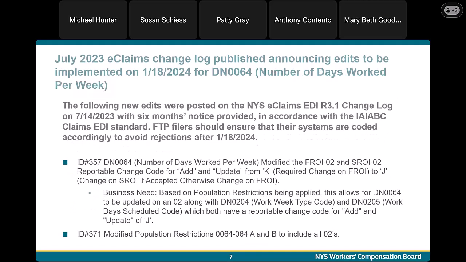Now, for the July 2023 eClaims changelog published announcing edits on January 18th of 2024 for DN0064, which is the number of days worked per week, the following new edits were posted back on July 14th, 2023, providing you with a 6 months notice according to the IAIABC Claims EDI standard. And please note that FTP filers should ensure that their systems are coded accordingly to avoid any rejections after